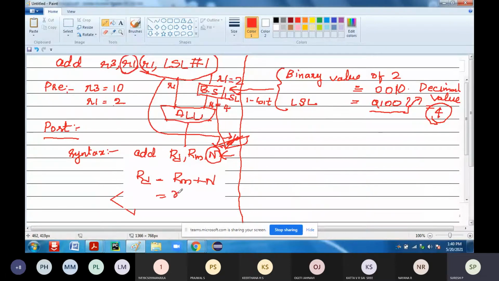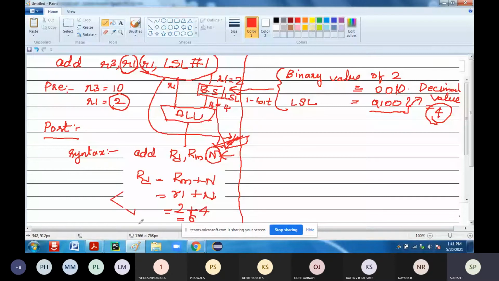So that will be R1 plus N. What is the value of Rn now? Rn is nothing but your R1, that is 2. So that will be 2 plus, what's the value of N? 4. So the total value you are going to get is 6.